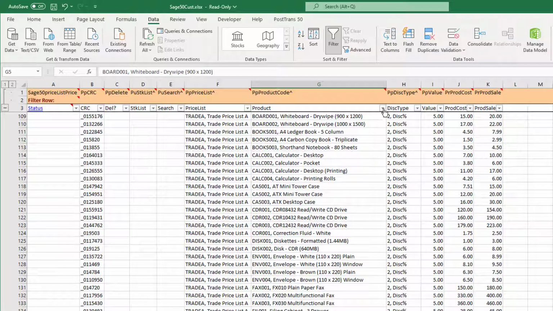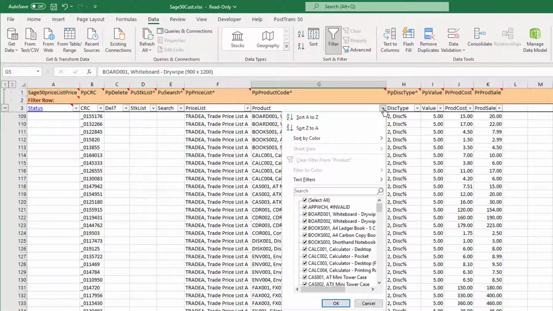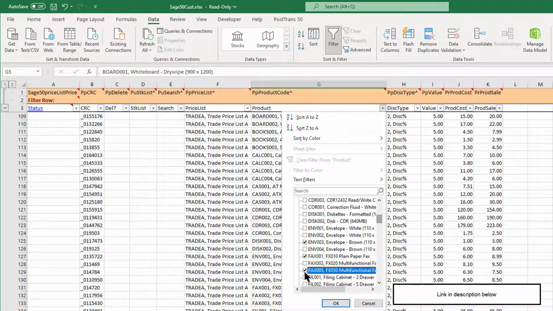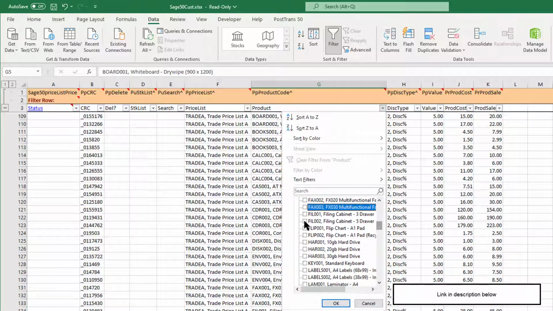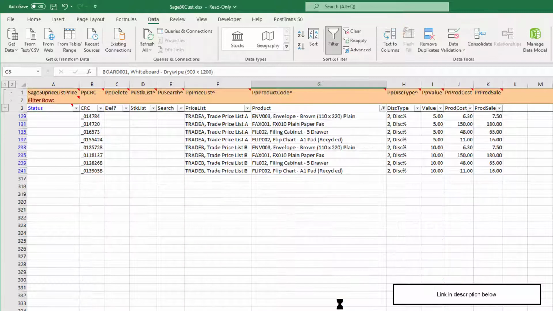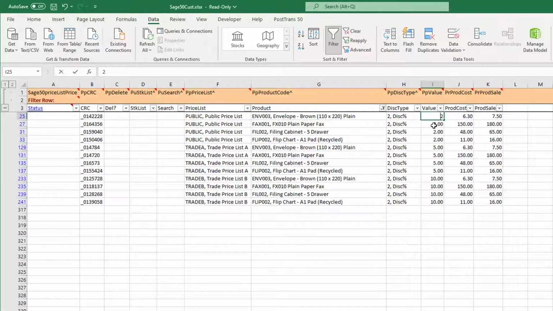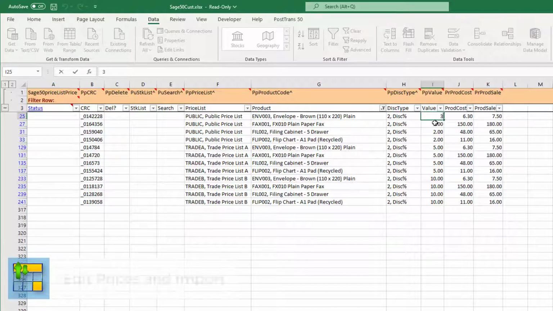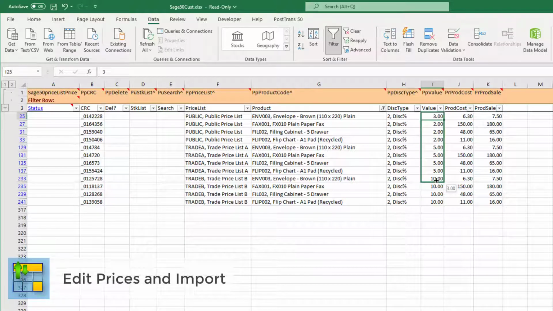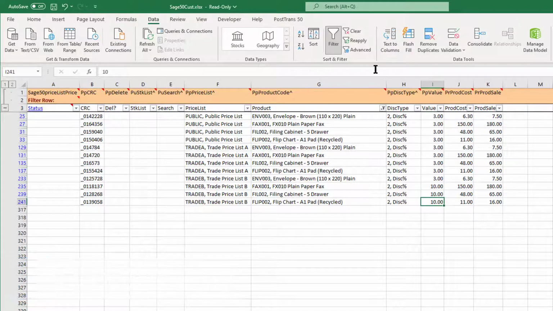Now, for instance, if I wanted to work on some stock items, I could say unselect all, and I could go through this list, and we have another way of doing this. There'll be another video about that, but we can select a handful of items, and now we've filtered it down into those items. So you can see these items appear on 2 trader lists, and I could ask, what is the profit margin on them, and I can just change those figures on there,